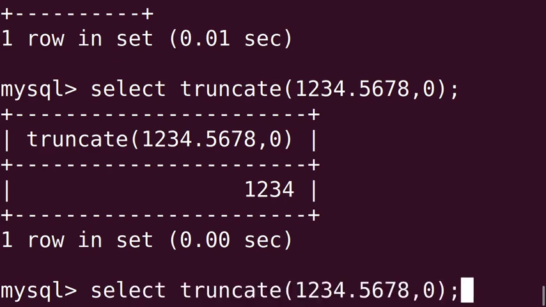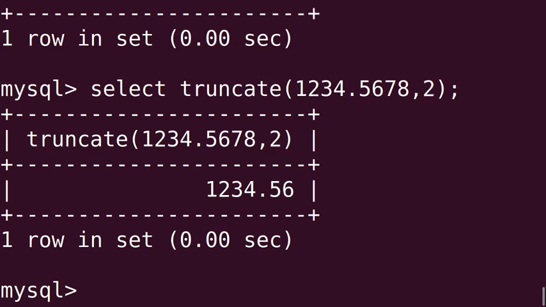Okay. Now next one, that is the same number but the second number is positive. Press enter, you will get 1234.56. Without rounding off you are getting the number, right?